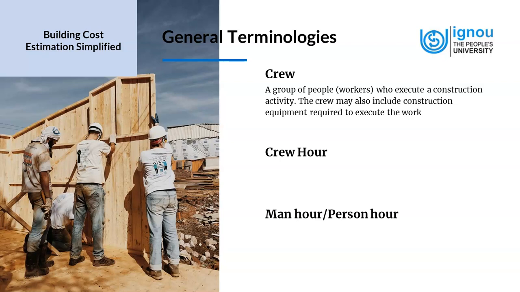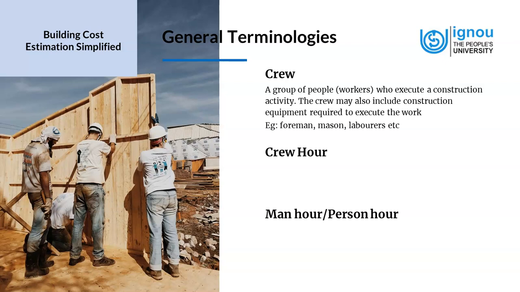If it's a larger scale project, then it is headed by a project manager, assisted by construction managers and planning engineers at office levels. And at the site level, we would have a project engineer who would be reporting to a construction manager. And the project engineer is assisted for the site execution by a foreman or a charge hand. So that's the concept of crew. We have examples of foreman, mason, laborers, etc.